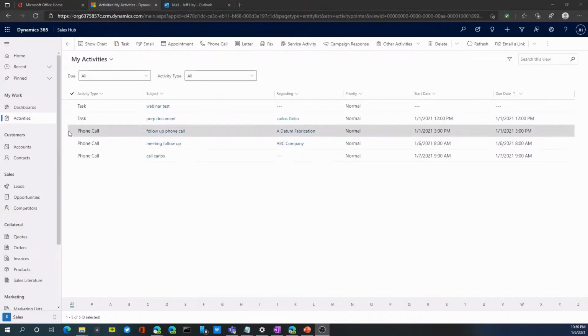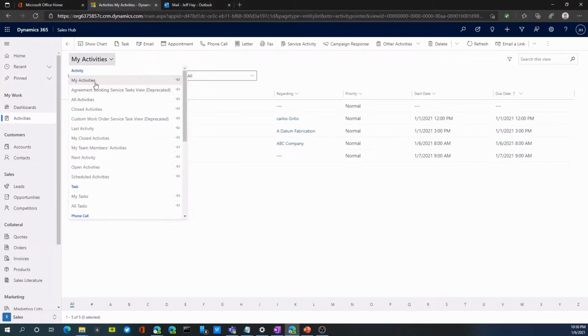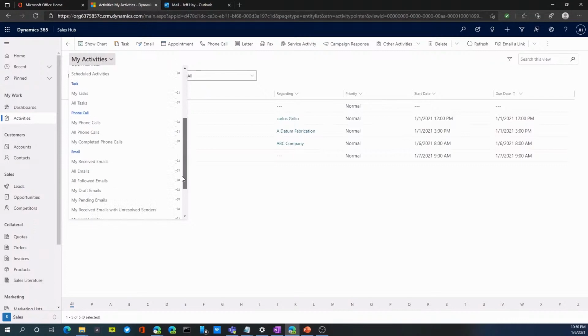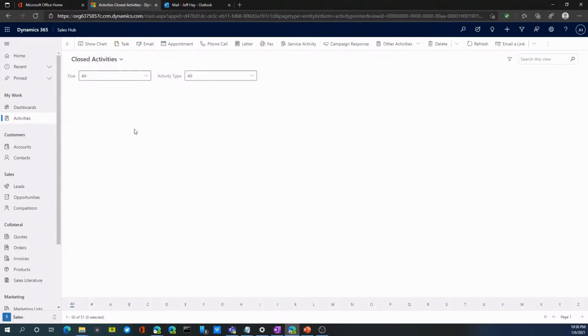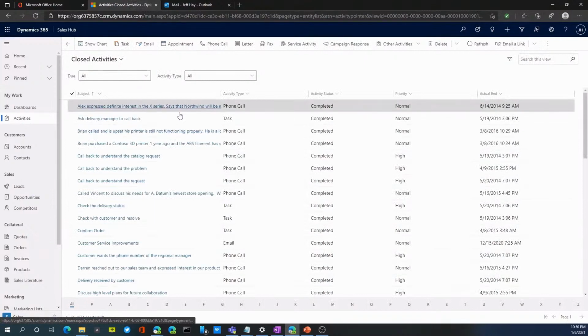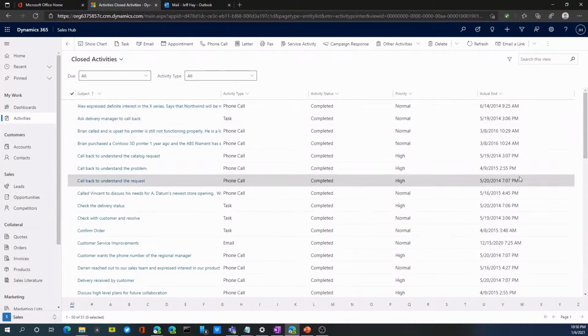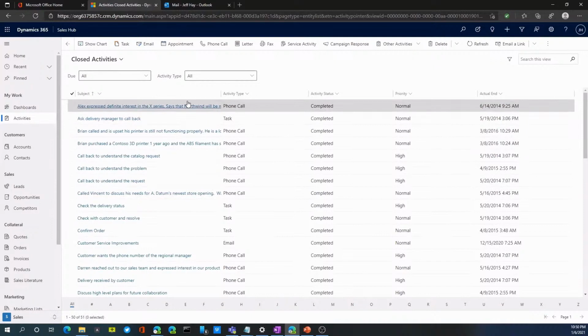So what are views? If I go to any one of these entities, for example activities, and I click this drop down, I'm going to see a different list of items available to me. So my activities or tasks or phone calls, and if I filter through these, so for example if I go to closed activities, it's just basically a list or a matrix of